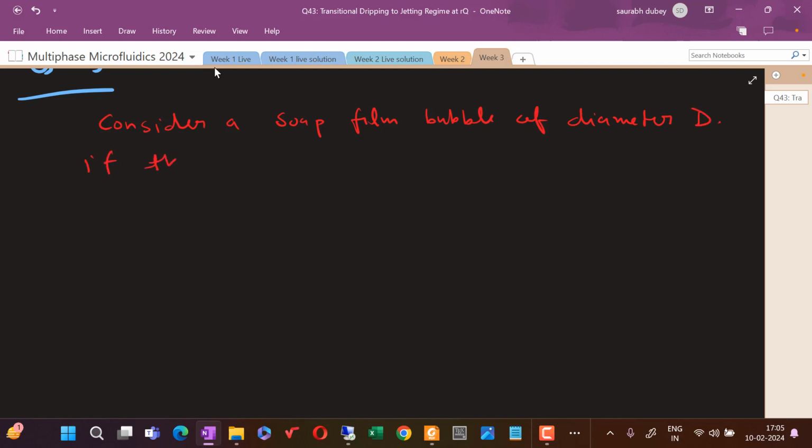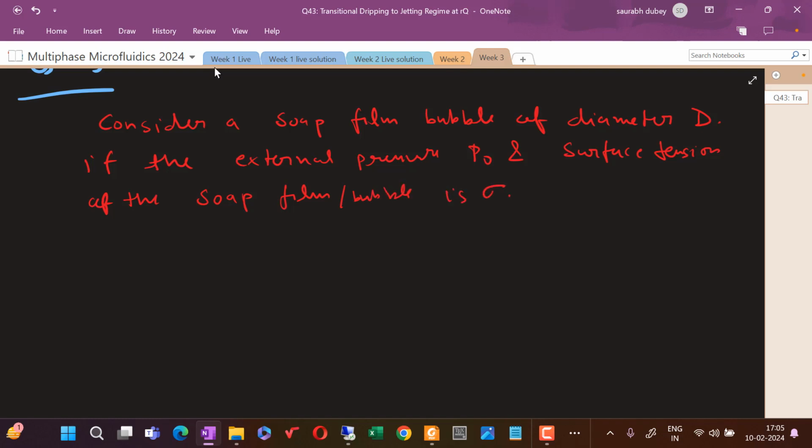If the external pressure is P0 and the surface tension of the soap film slash bubble is sigma, the expression for the pressure inside the bubble